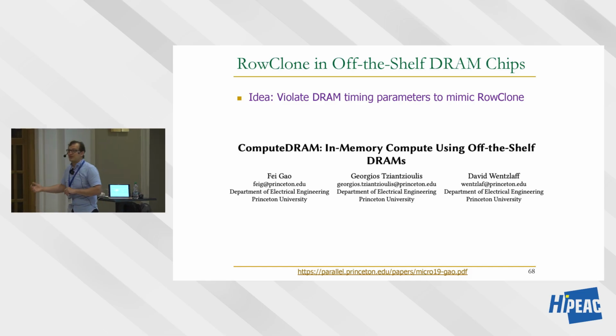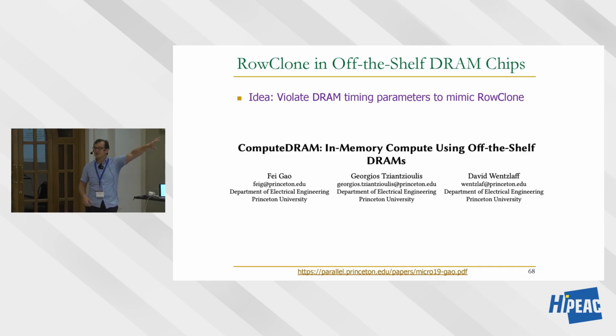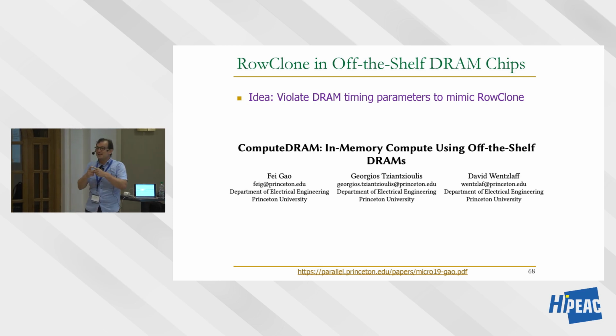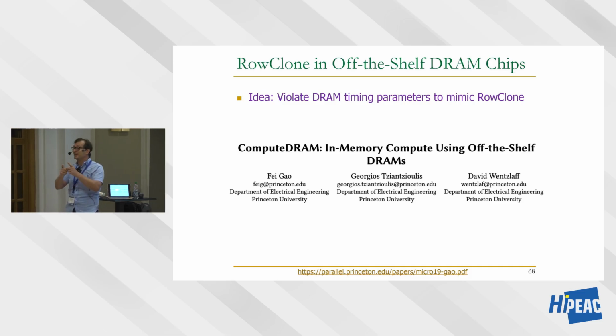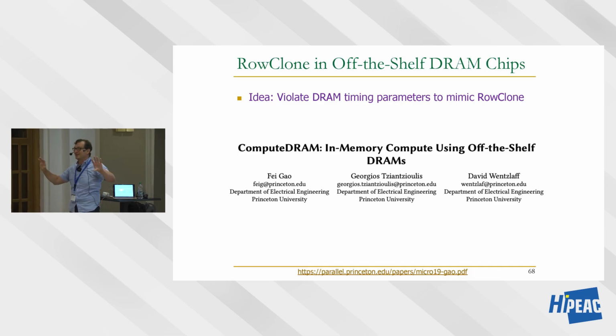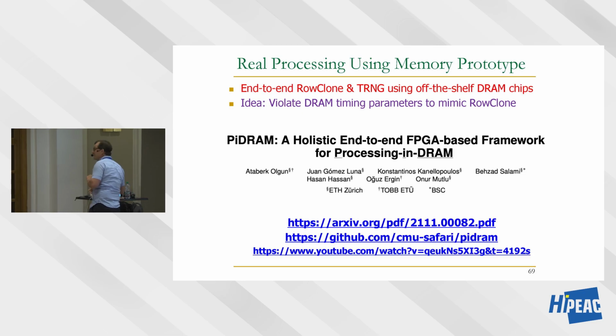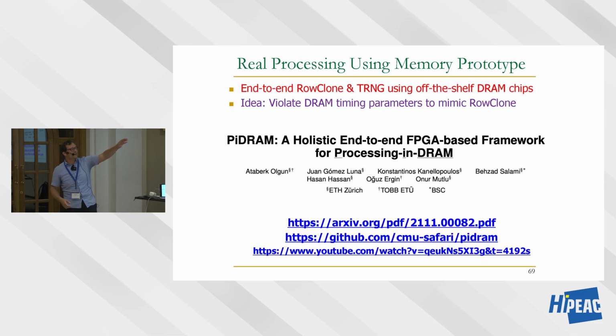Now, later work using our infrastructure, from good folks at Princeton, took our RowClone idea, and they showed that by violating the timing parameters, meaning there's an activate, precharge, activate that happens in DRAM, without going into a lot of detail, by violating the activate-to-activate timing parameter, you can actually do this RowClone on real DRAM chips without modifying any hardware. Well, you need to modify the memory controller, but not the DRAM chip. So DRAM chips are already capable of this. And we built on their work to design this FPGA-based prototype, which is open sourced. We completely open sourced it.